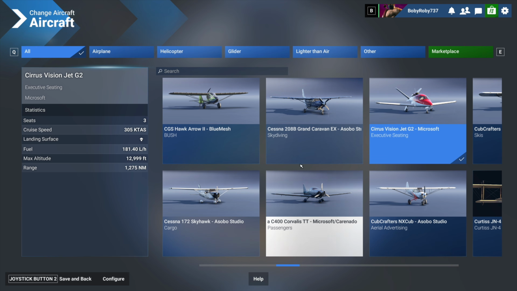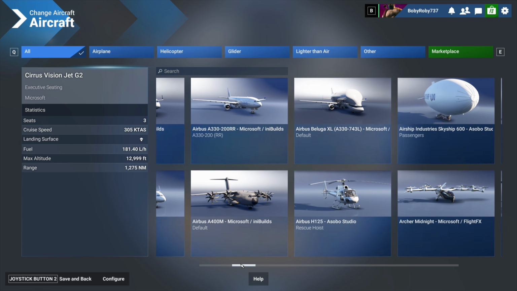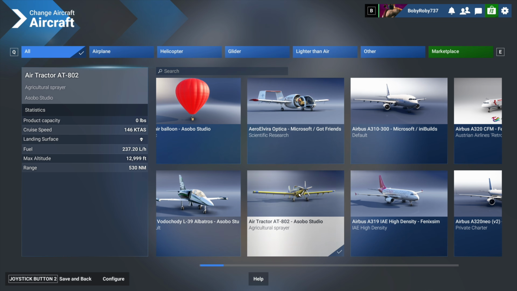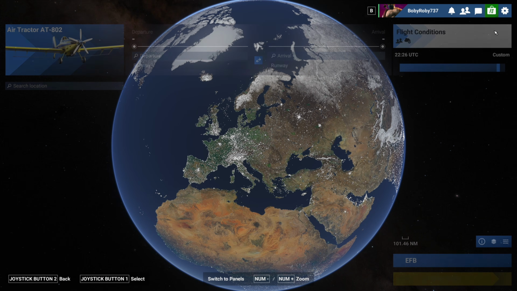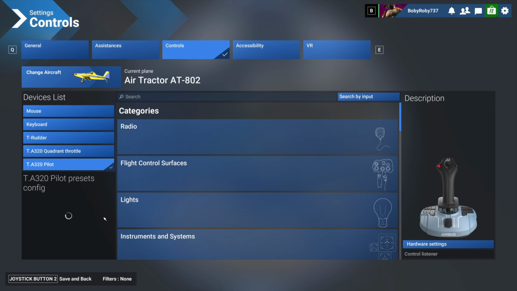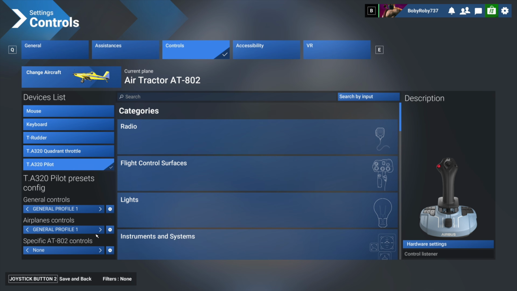let's say we will go for, it doesn't really matter, the Air Tractor, and then save and back, and I can go to settings and controls. Now it should be on that general profile, which it is. Do you see? So I have changed the aircraft, but the system will remember that profile which we created, and also we set it as default. So no matter what aircraft we change or we select now, it'll always be assigned to this general profile one